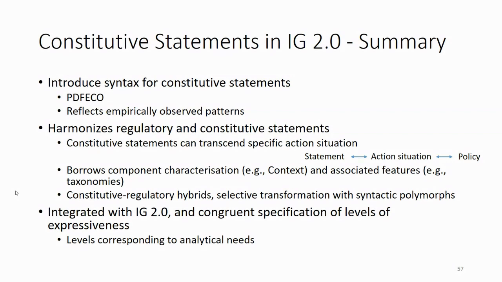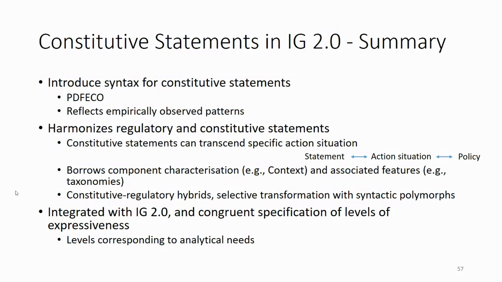But we also introduced the hybrids that actually literally reconcile the characterizations you find in practice, but also showcase in how far aspects of constitutive statements can be expressed in regulatory terms, and conversely, where we can now capture the constitution of particular entities, if you like, that's embedded and somewhat hidden from the coder in some instances in regulatory statements, and make those explicit as well. So the constitutive regulatory hybrids are the main vehicle to facilitate this opportunity.